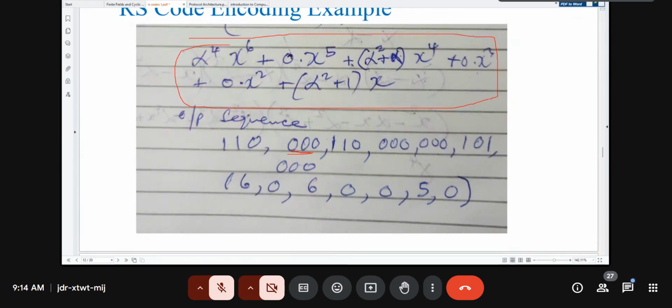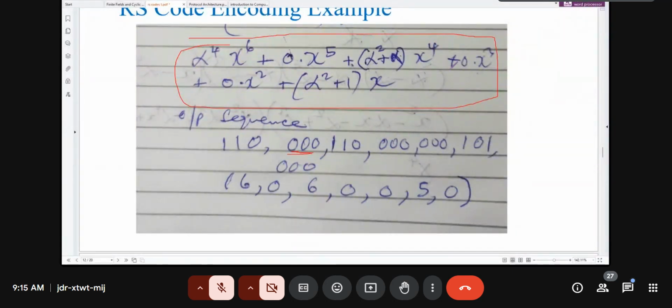When you get alpha to the 4, you have to go back to the table and find what is alpha to the 4. You find it is Z squared plus Z plus Z equal plus Z. This coefficient is 0, so just 0, 0, 0. This coefficient is alpha squared plus alpha, which is actually the same as this. But you see its position is given by this,